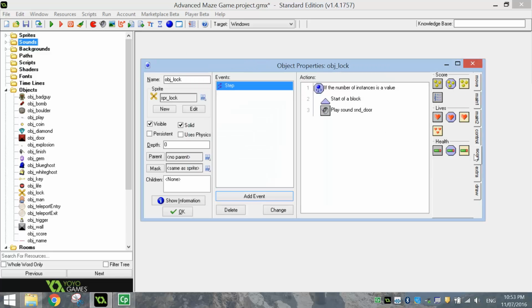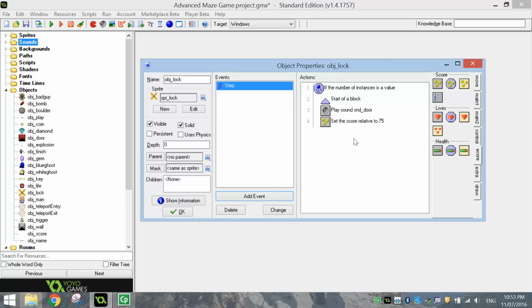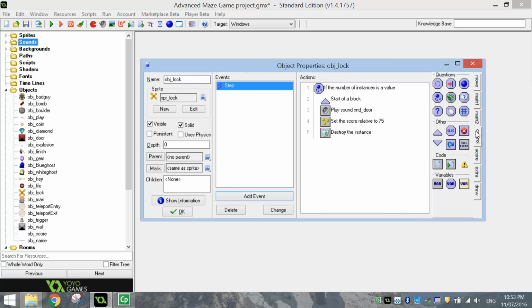We'll give ourselves a score. So hit that first bunch of yellow dots and say about 75. That sounds good to me. Make sure you check relative as well. And we also want to go to the main one here and destroy the lock. So just click on OK. Once you've done those three things, back in the Control tab, just hit that down arrow to close your block